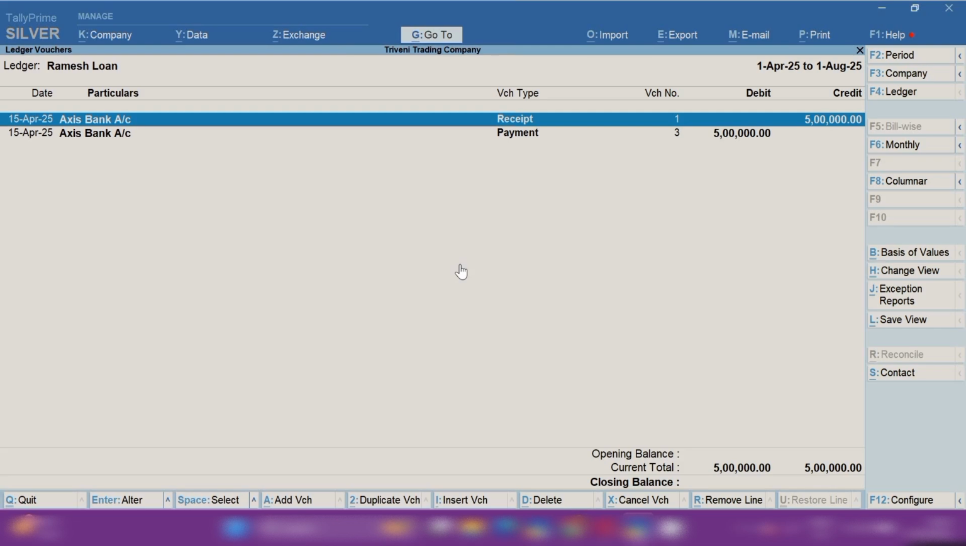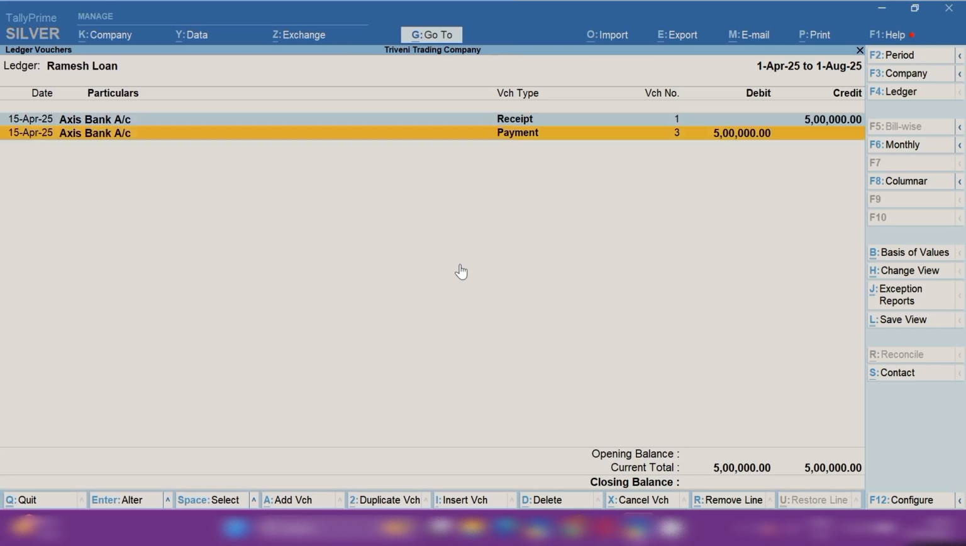You can see Ramesh loan account is nil. First we received 5 lakh rupees from Ramesh loan account, and after that when we receive payment from our buyer, we return it back to the Ramesh loan account, and Ramesh loan account is now nil. So this is how you can record the entry when you can